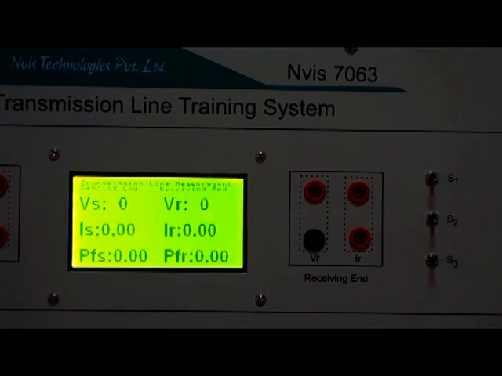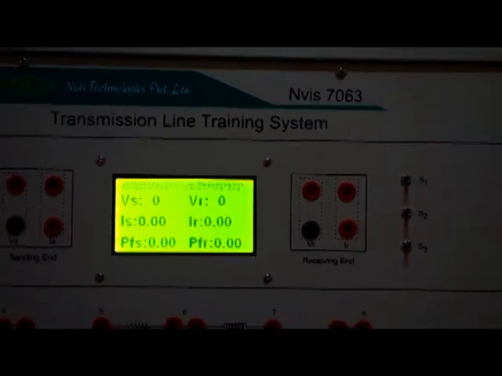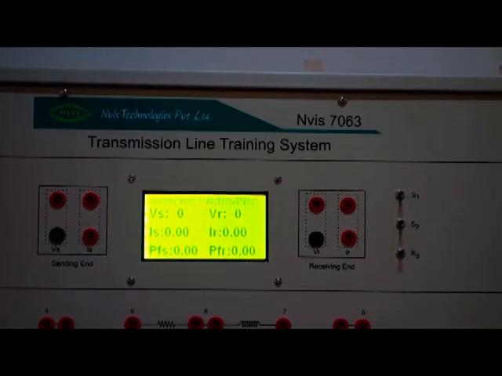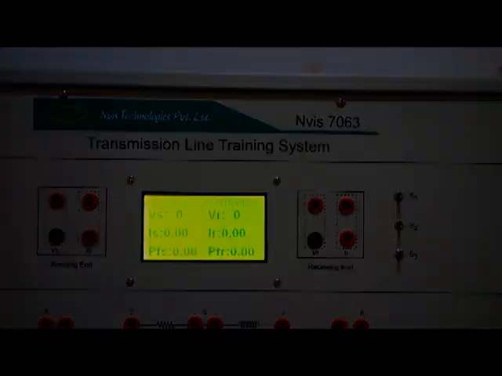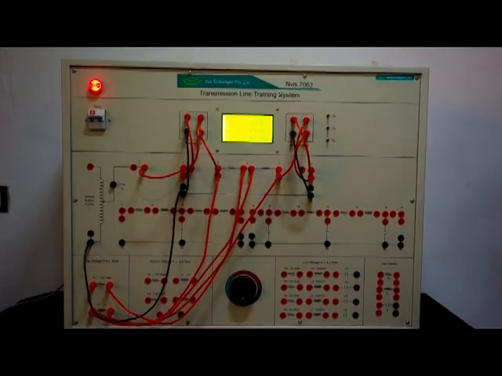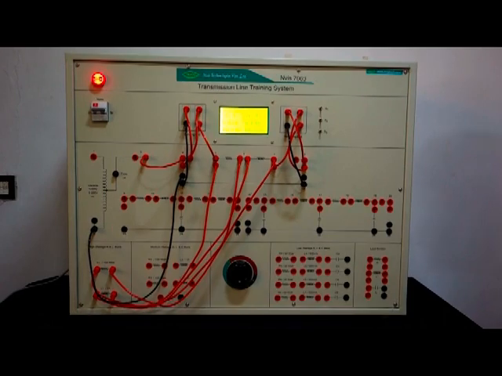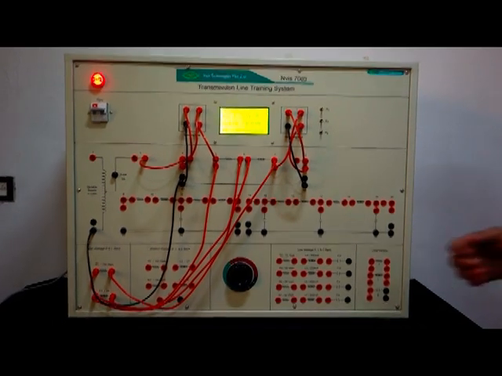Connect all terminals as per manual for open circuit test and switch on the supply. With the help of Variac, adjust the voltage up to 110 volt.